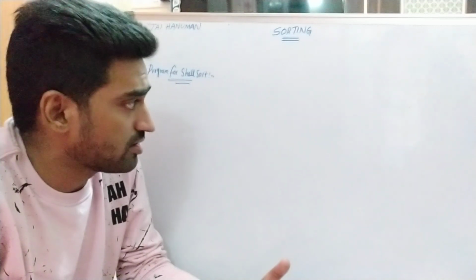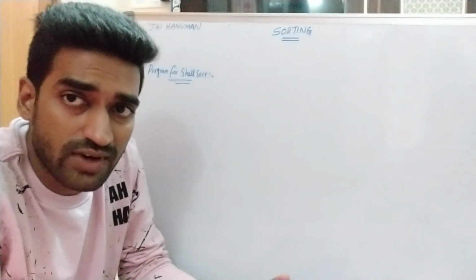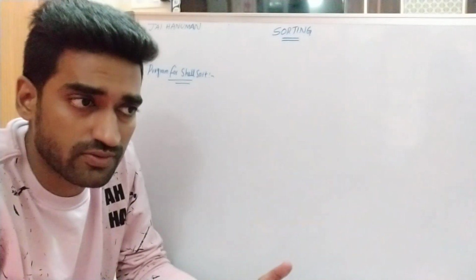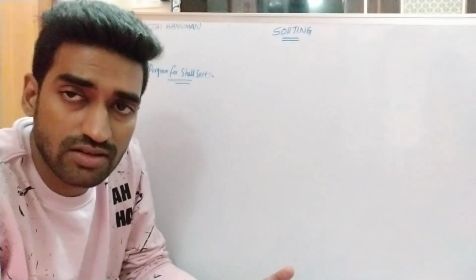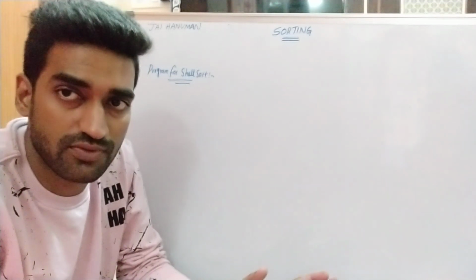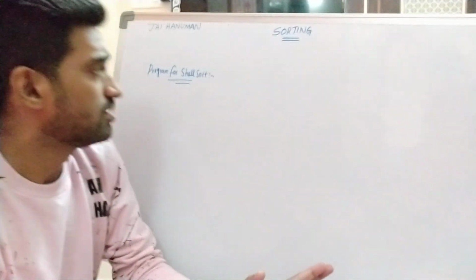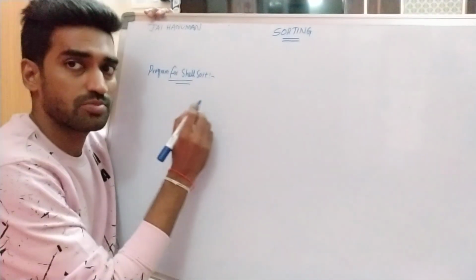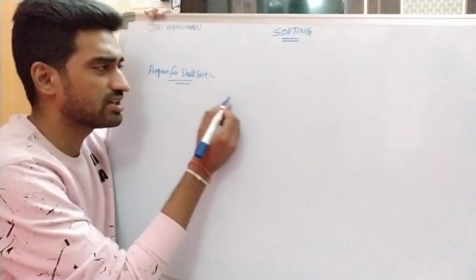Here I'm also using the functions concept in C language. For each and every program with functions, we compulsorily write three major elements: function declaration, function calling, and function definition. So here I'm writing a program for shell sort. Compulsorily for each and every C program, we write the linking section.